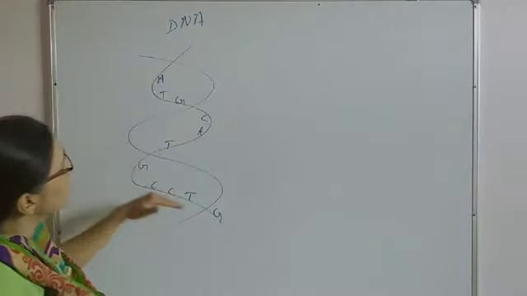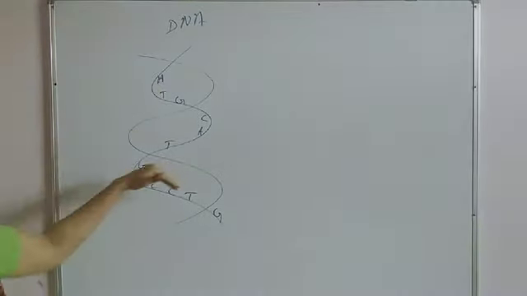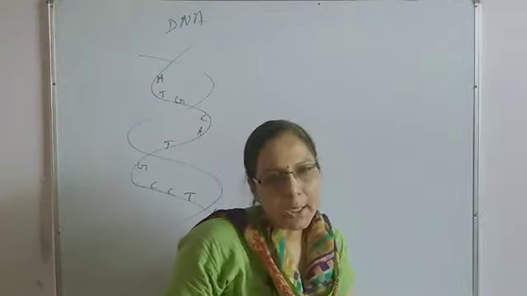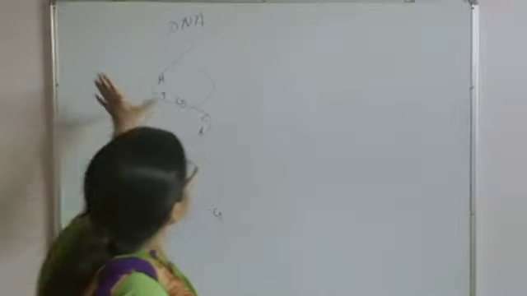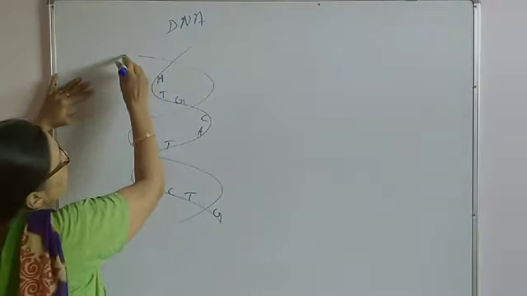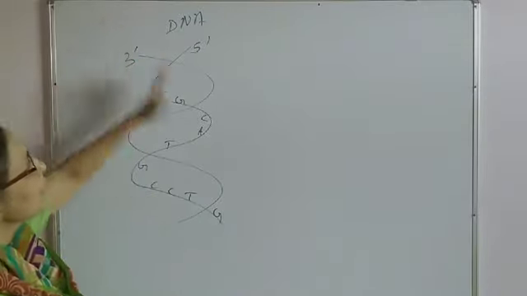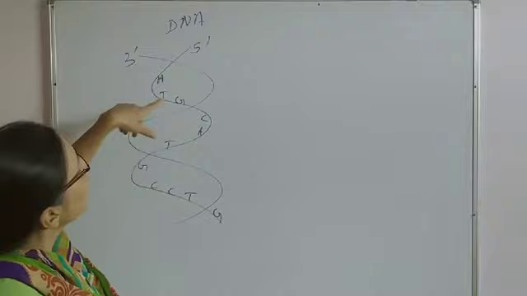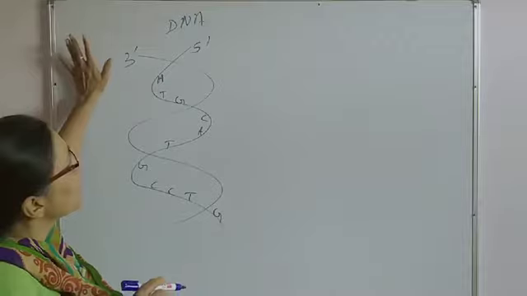If one strand of this helix structure we know, then the other strand we can already understand. These two strands are around one axis only, at an angle of 90 degrees, and this 5' and 3' phosphodiester linkage will run in this manner. If here 3' is coming, then here 5' will come. It means they will run in opposite directions. In the first strand it is arranged in a particular way, and in the other strand it is arranged oppositely.